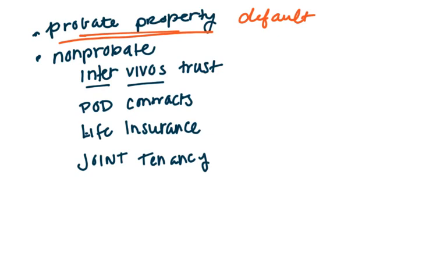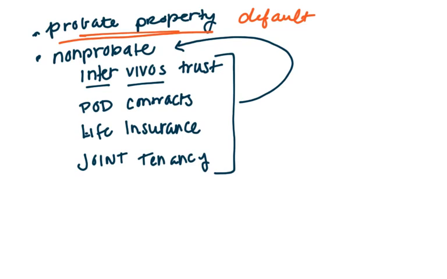Property that is held in a joint tenancy, or that is the subject of life insurance or a pay on death contract, or that is part of a trust, is non-probate property, so it passes directly to the person that is named in the